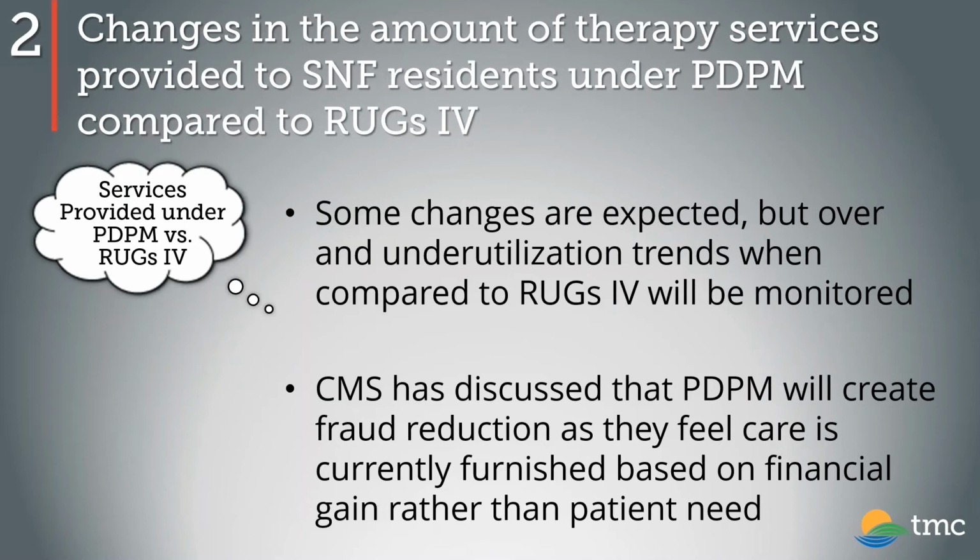The second area that we expect to be audited, and we think this is going to be a really big one, is changes in the amount of therapy services that are provided to residents under PDPM compared to RUG-IV. CMS has mentioned that the care is not expected to drastically change. Reimbursement is going to now be driven by the characteristics of each patient rather than the amount of rehabilitation minutes that are provided, but the amount of therapy should not change if therapy has been historically provided based on what